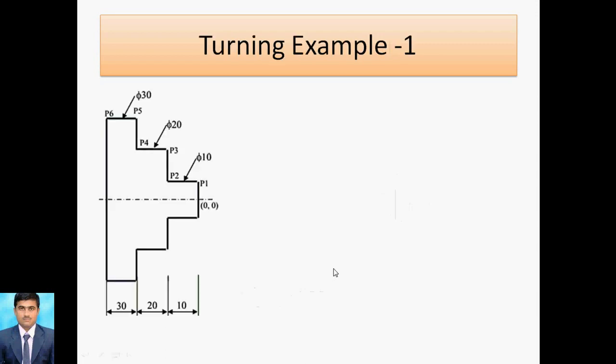So first of all, we look at this program. This is the job you have mentioned here. The number of diameters: the first diameter is about 10 mm, the second is about 20, then the third is 30, and the lengths are 10, 20, 30. First of all, we know that if Z is on that side, we take it positive, and for the X axis we take positive, and here the approach is diametral. So in that case, we use the diameter approach, or diameter programming.